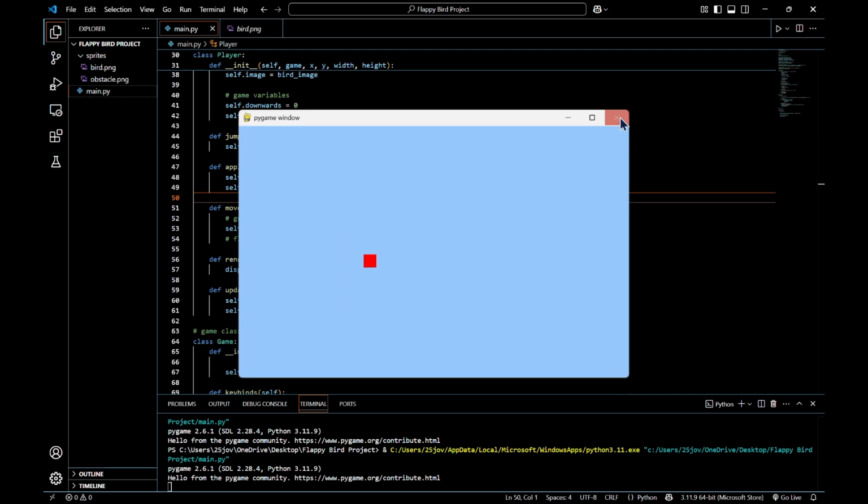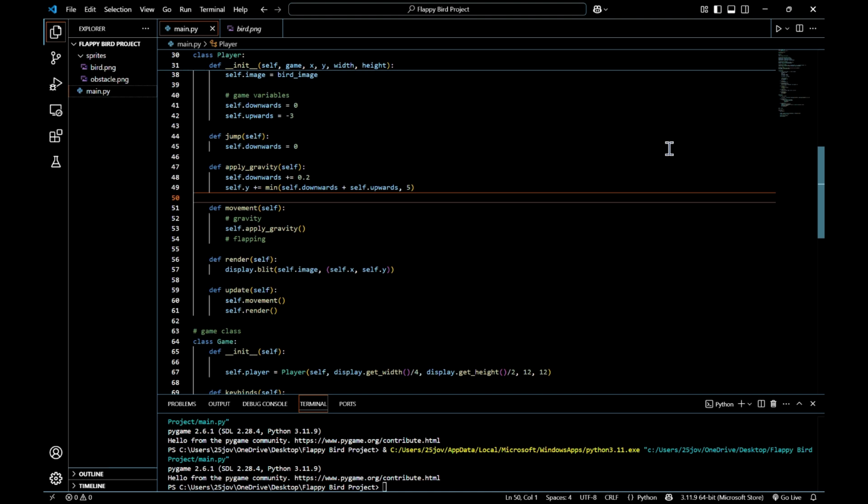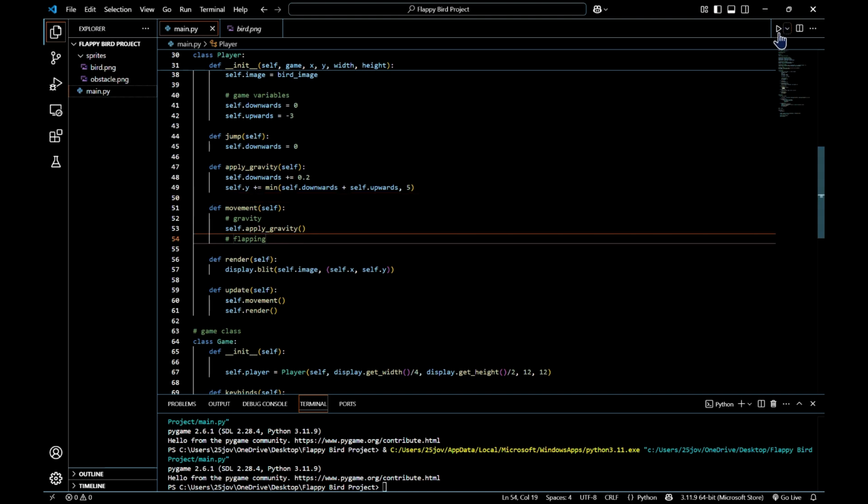And this is what happens when we run our code. But notice how our player moves down below the border of our screen. We can prevent this by taking a similar approach, by taking maxes and mins,